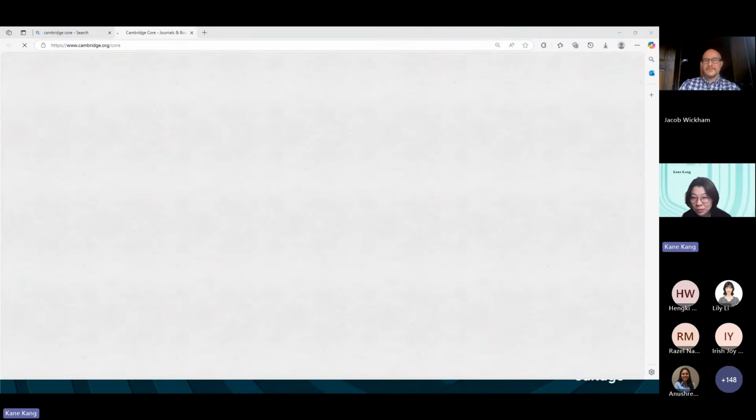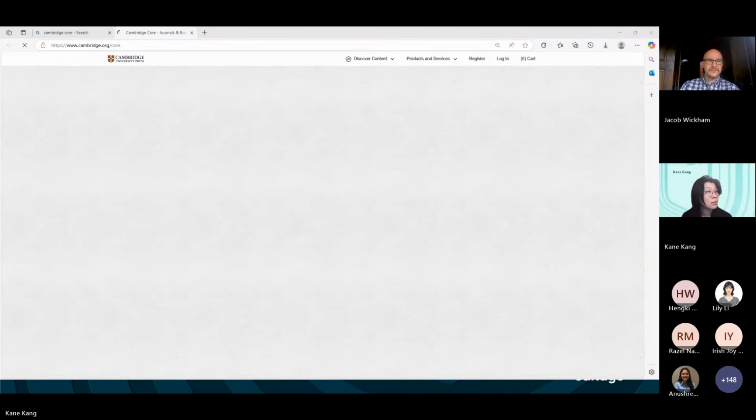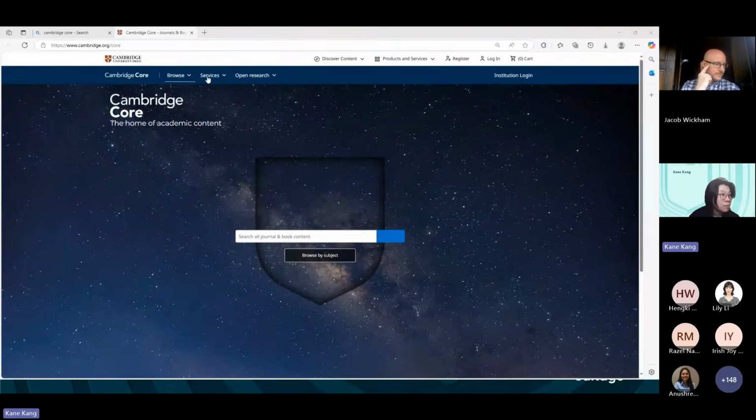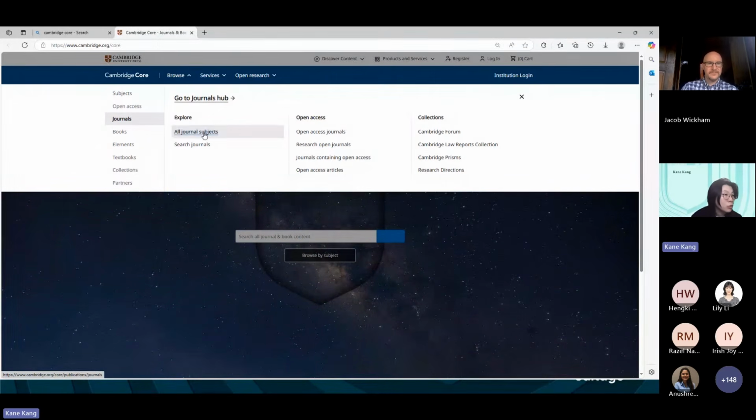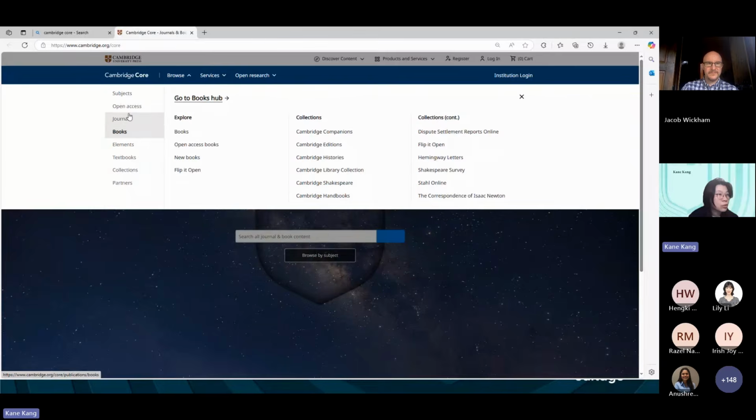And you can browse based on browse journals, all journal subjects, search journals, and you can search open access journals, and you can search books.